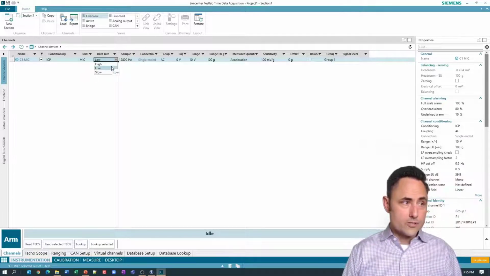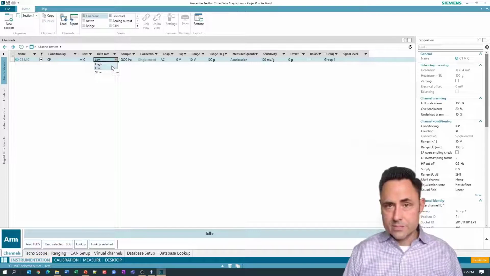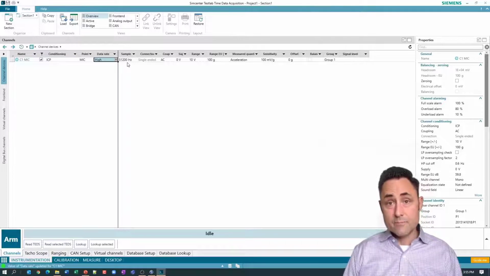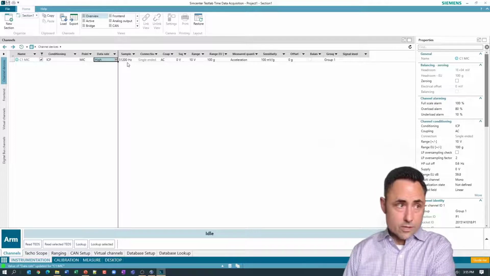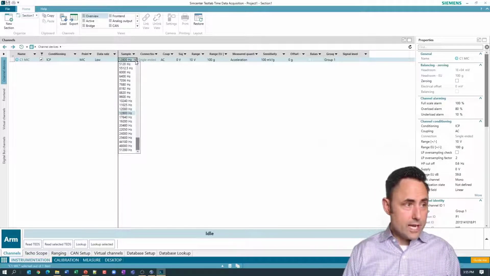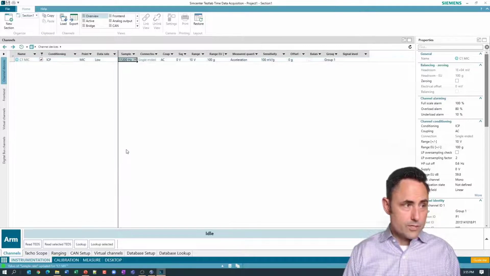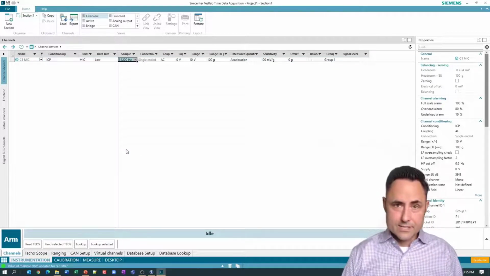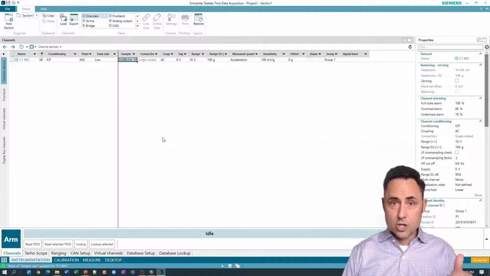Where low and high is really just a default setting. Okay, I can say high, and then it will automatically set my sample rate to the maximum for the front end that I'm using, in this case 51.2 kilohertz. If I put this to low, I can still change this to 51.2 kilohertz. It's just going to default to what we kind of have as the default setting for low and high.